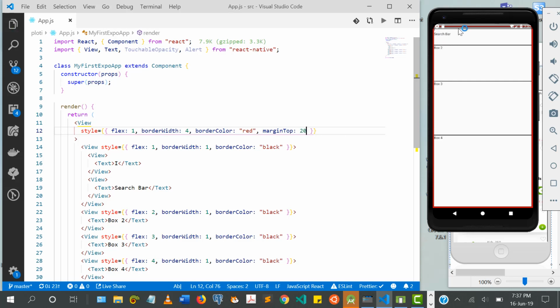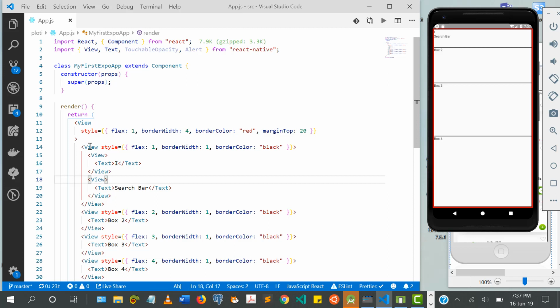Again, down the line I'm going to show you a way of easily avoiding the status bar. This is just a quick fix for now, and of course different phones will have different sizes of their status bar. So let's see if it's going to work. Yeah, it's now more or less there. But if you find now this text box I and the view, the search bar, they're supposed to be parallel or in the same row. So the way we do that is in this flex of 1,